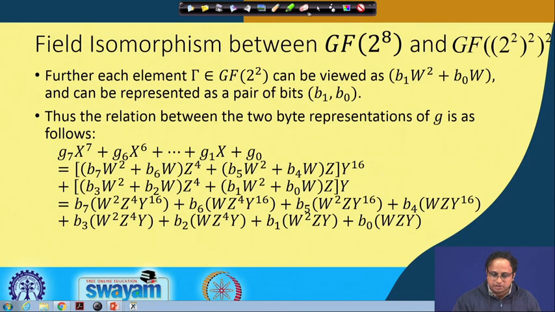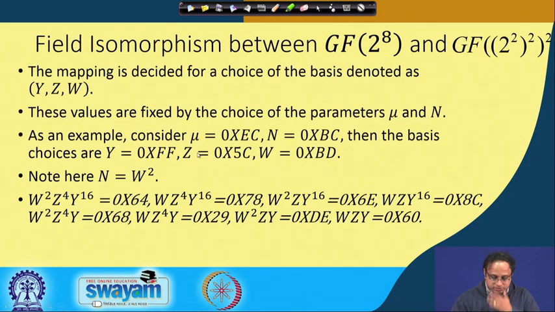So therefore, let's see how the matrix looks. What we do is we take the mu. Again we take the same mu as I showed you, why this choice of mu is correct. I showed you, I think, why the choice of n is correct. Likewise you can verify why the choice of mu is correct. And once you have fixed this choice of mu and n, you get the value of y, z and w